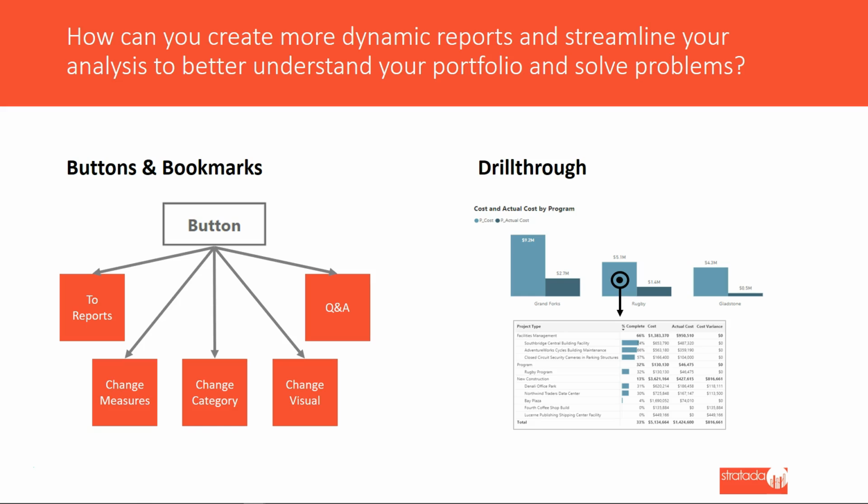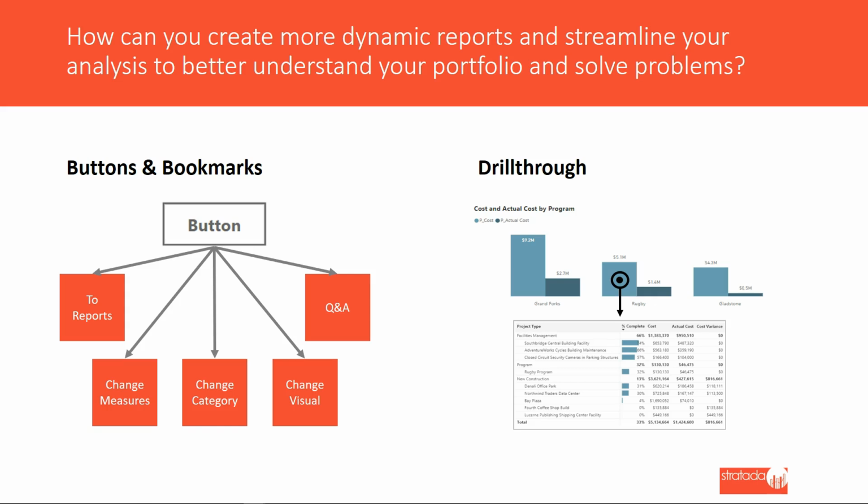The combination of buttons and bookmarks makes your reports look and feel more like a web app with its interactivity. You can click on a button and be directed to a report, change measures in a visual, change categories in a visual, change the visual itself, or open a Q&A Explorer. Obviously, this streamlines the navigation of reports and gives more flexibility to the end user regarding what they see and